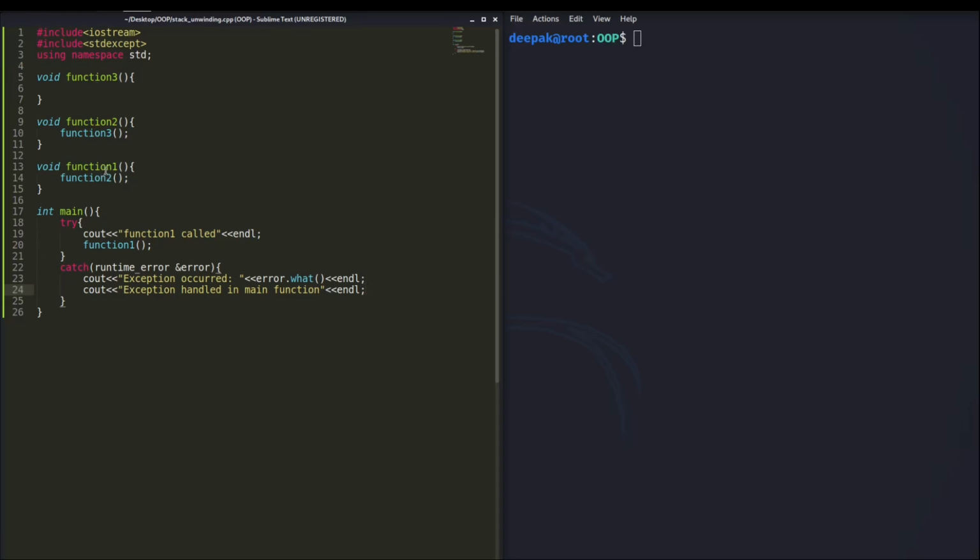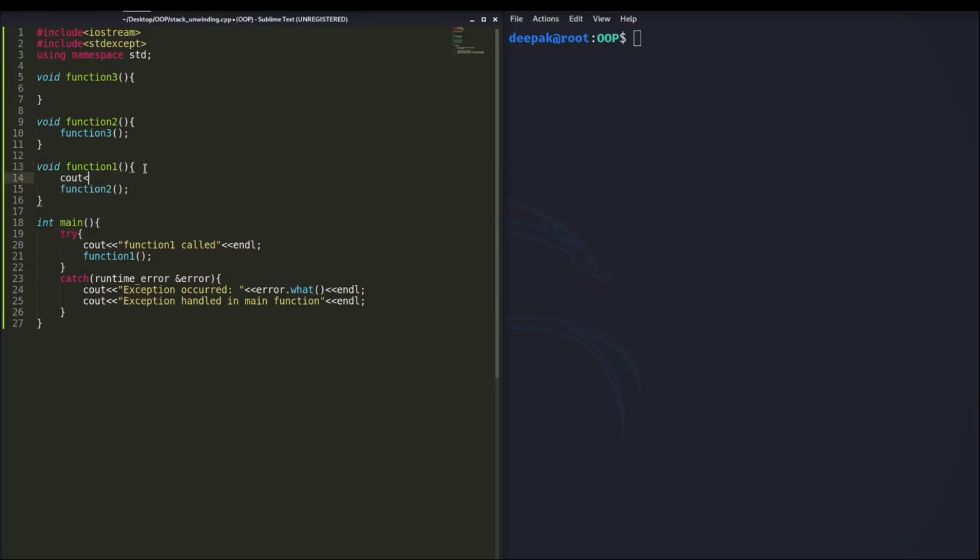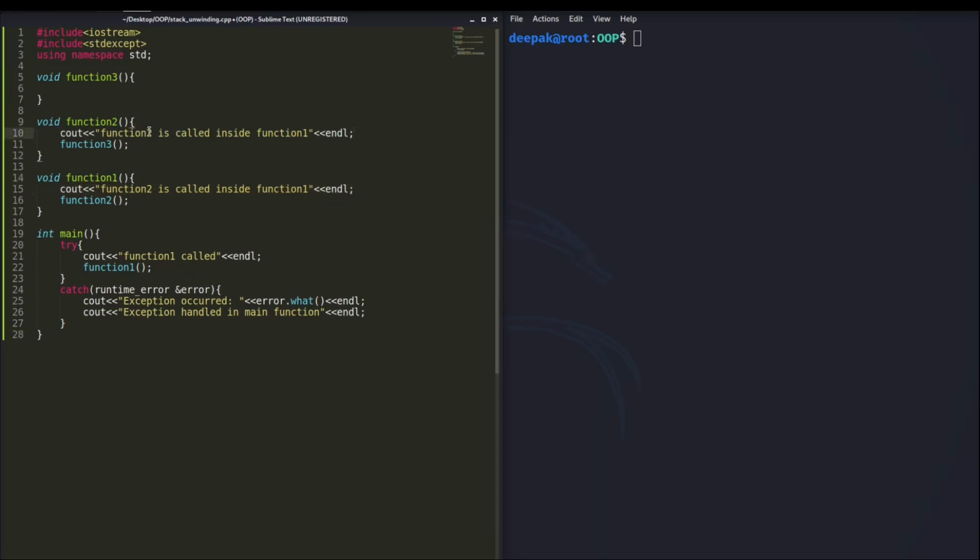So you can see we are calling function 1, so you can write some message here, and that message could be "function 2 is called" inside function 1, and similarly you can write a similar message inside function 2, which is calling function 3 from function 2, right?